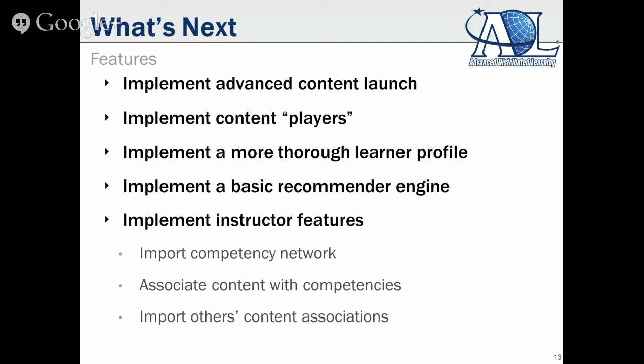We associated that. However, you can imagine systems of the future. If I'm an instructor and administrator and I pull in an intro to programming competency network, I'm associating my content with it, my videos and my regular content, and maybe I want to go do some searches on sites like Stack Overflow, which is a site for programmers where they can get information, or YouTube videos that do walkthroughs.